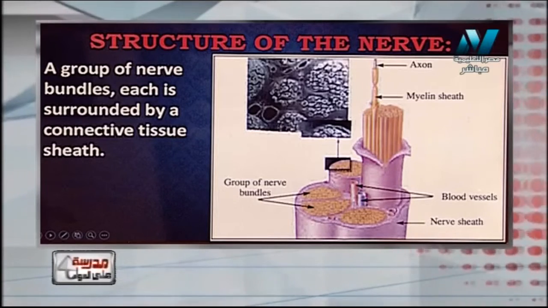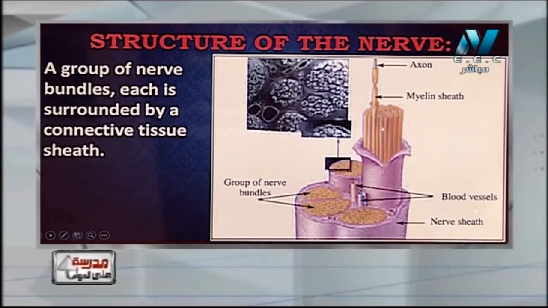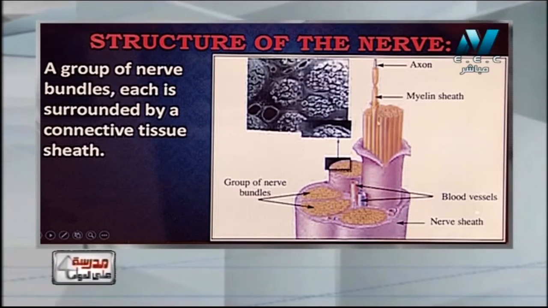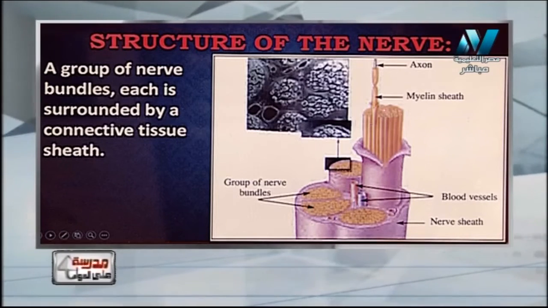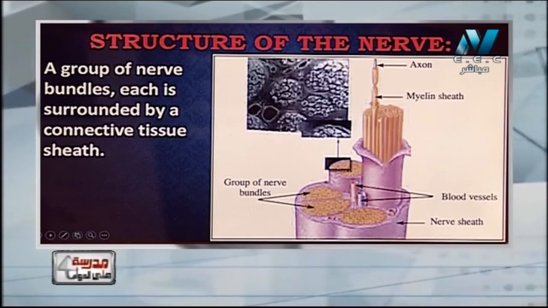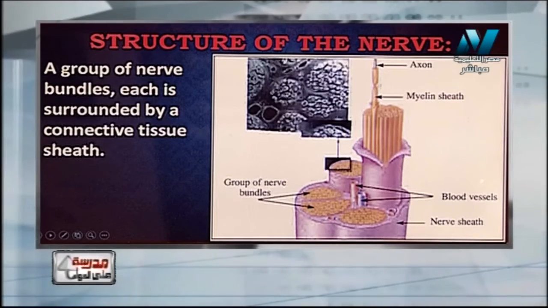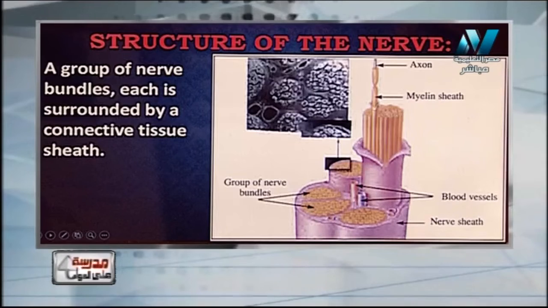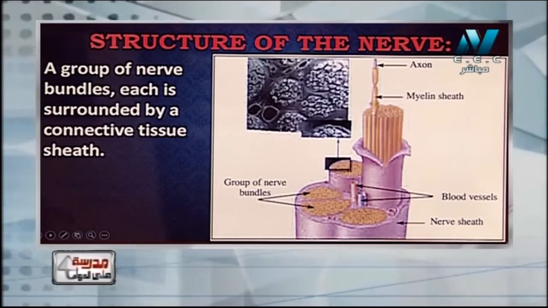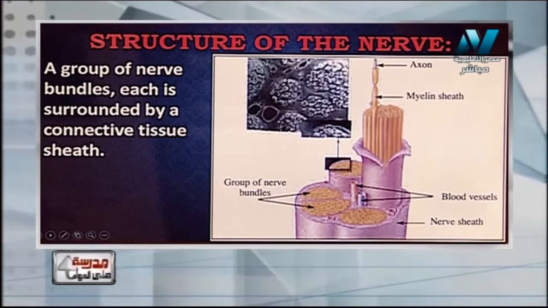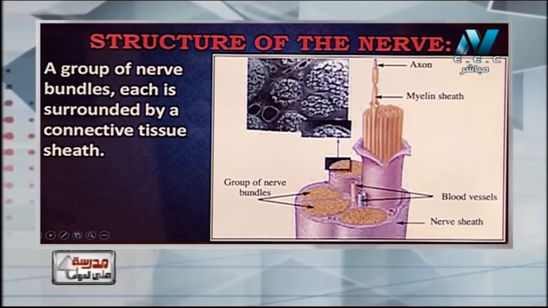So sometimes we call the axons fibers. So when we say the nerve fibers, we mean the nerve axons. And the nerve axon bundle also is surrounded by the sheaths, and each one is myelinated or covered by a myelin sheath. And the myelin sheath, my dear students, bear in your mind that the myelin sheath is very important in the transmission of the impulses, because the myelinated axon speeds up or accelerates the transmission of nerve impulse across it,